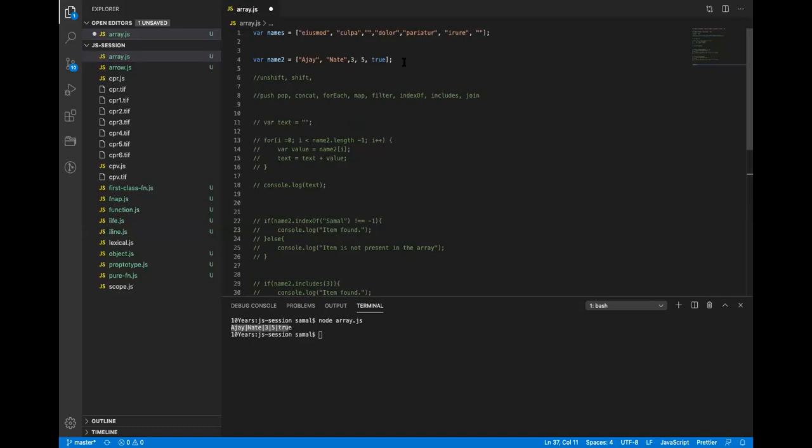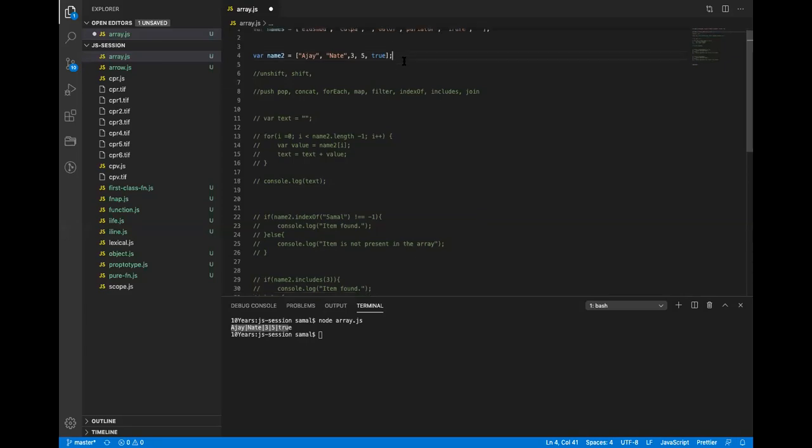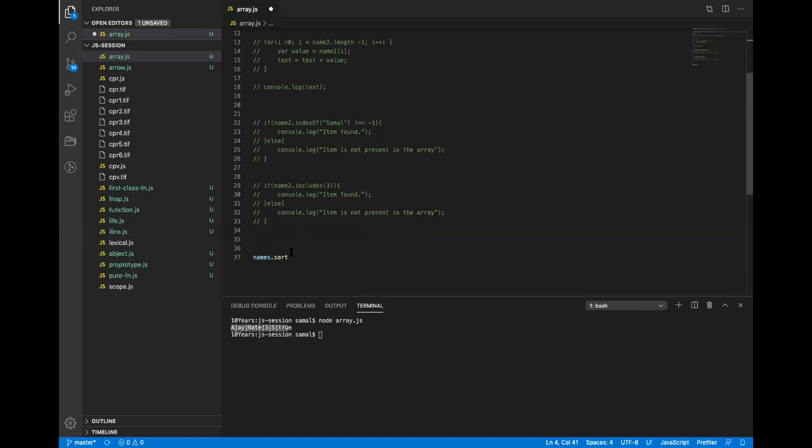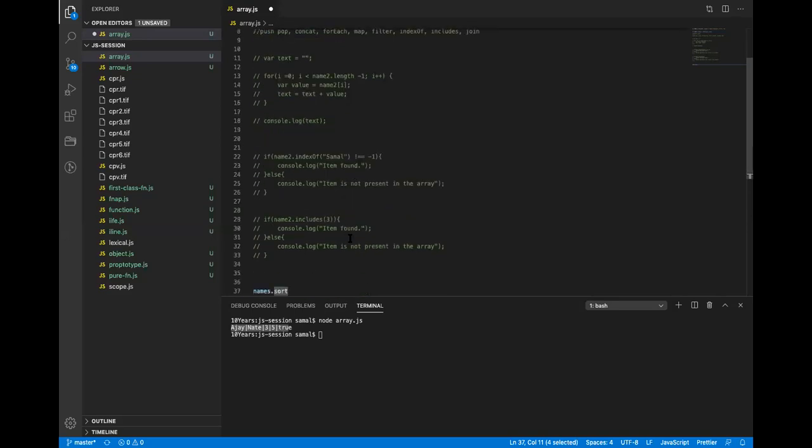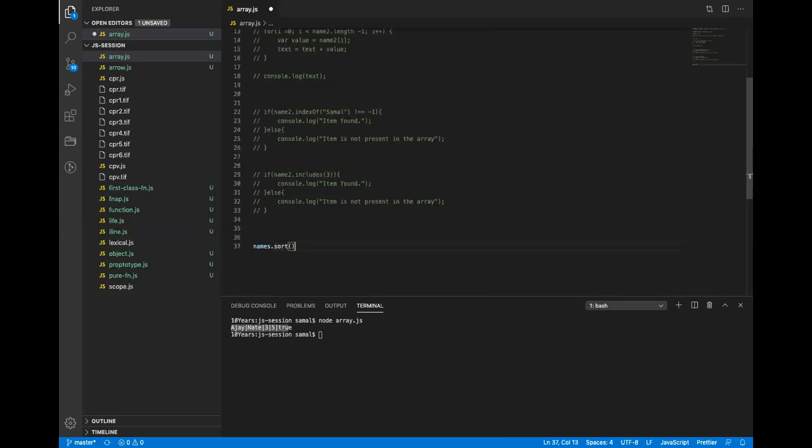Right now, because this is not a single-type array, sorting won't really work exactly. But if you have a numeric array, you can sort by number. The sort function also takes functions, and you can do all the operations and sort. Not really much use, so we won't be covering it.